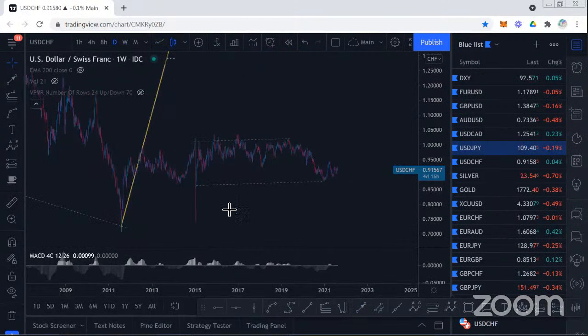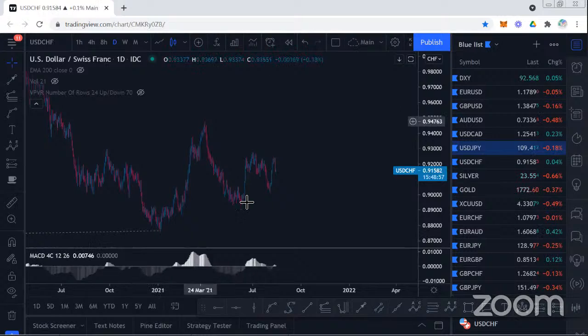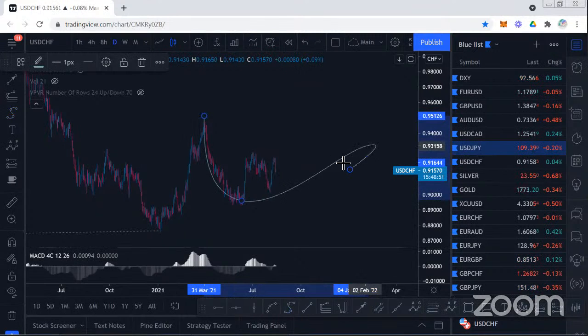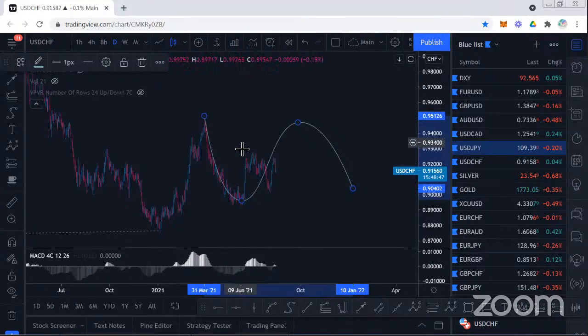And you go to the dailies, you can see we had this nice big impulse. But then we've gone into this little section here, which I can only assume for now is something along these lines, something corrective for continuation to the upside. So I'm waiting patiently to find structure within this, because I'm really keen to get in on that long, because it should be a really nice move to the upside as that dollar bull market takes hold. So I'll be watching this US dollar Swiss, waiting for clarity to look for those long trades.